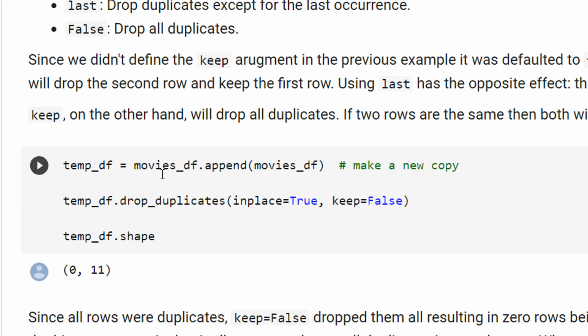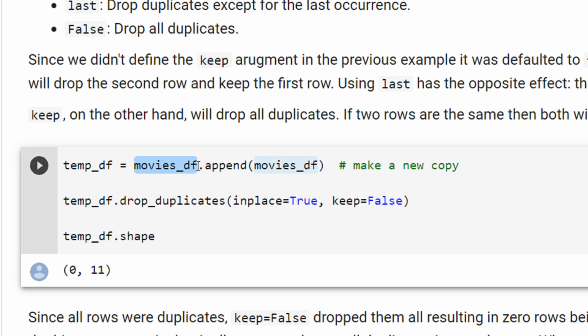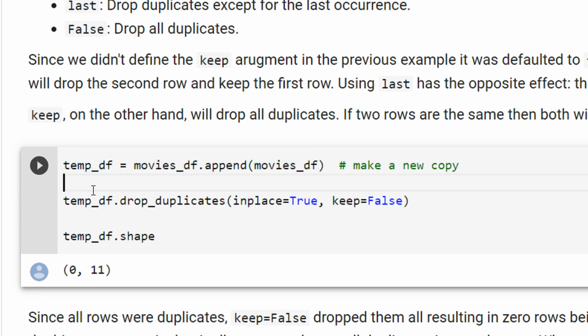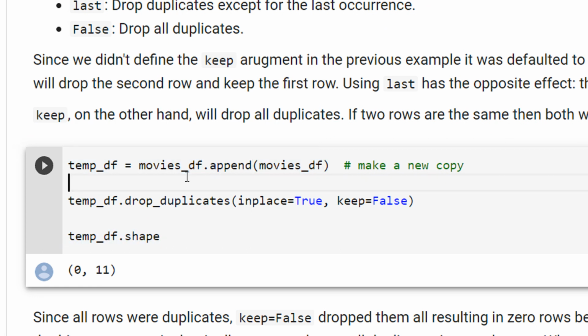Now let us see what we are doing here. movies_df.append, so I'm appending movies to itself just like the last time. So my shape will become 2000 by 11. Now see, keep is equal to False. Let me just do a print.